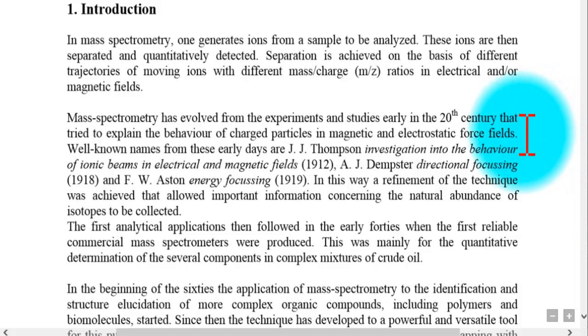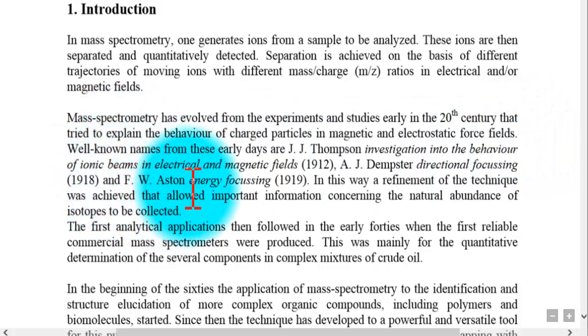Well-known names from these early days are J. J. Thomson's investigation into the behavior of ion beams in electrical and magnetic fields, 1912; A. J. Dempster, directional focusing, 1918; and F. W. Aston, energy focusing, in 1919. In this way, refinement of the technique was achieved that allowed important information concerning the natural abundance of isotopes to